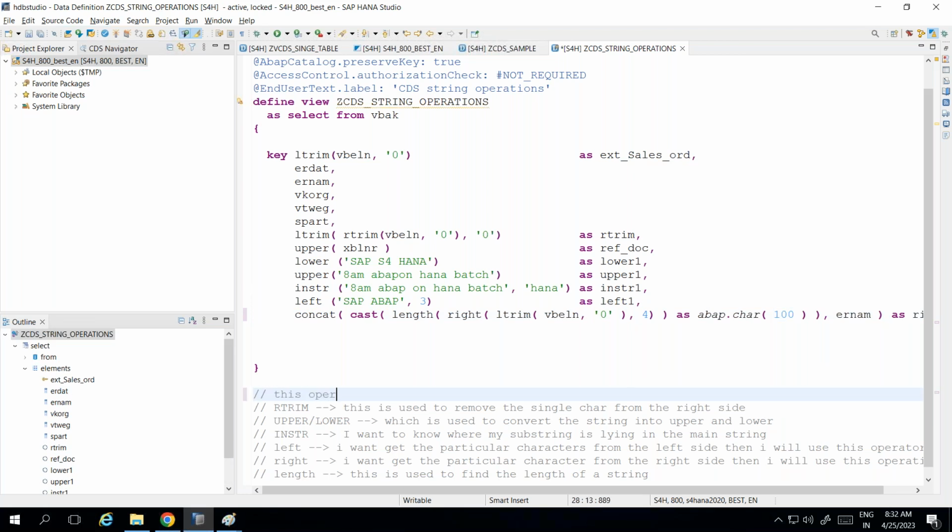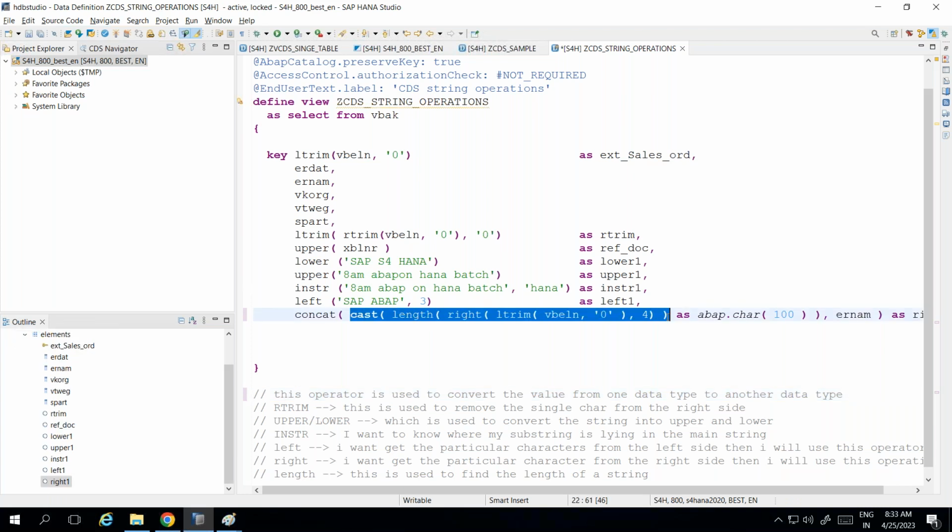This operator is used to convert the value from one data type to another data type. I might get the length of the string, and I'm going to